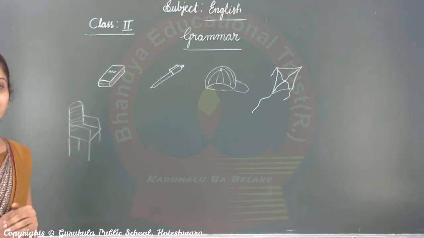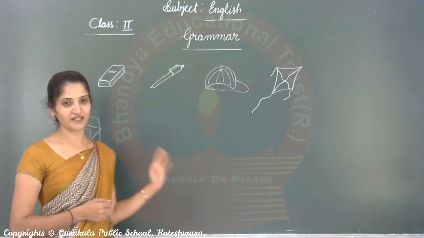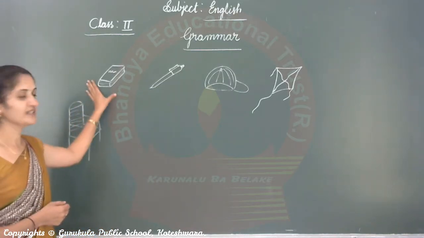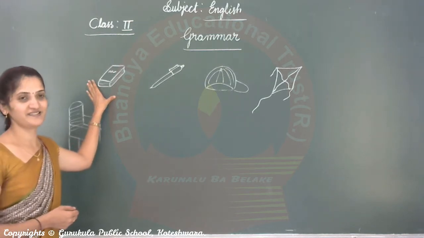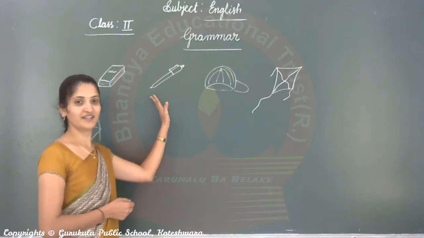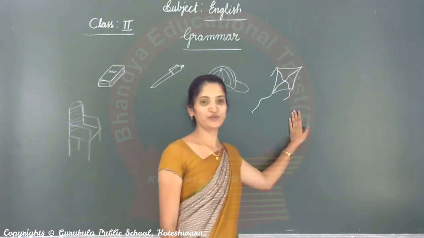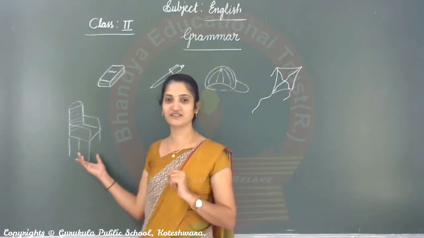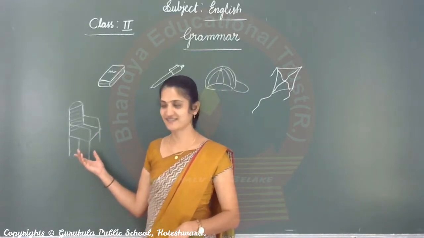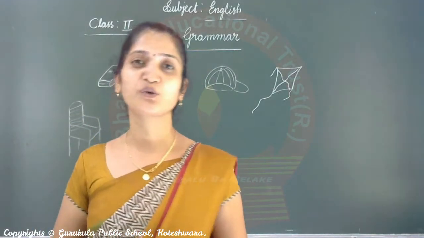Is it possible to identify which are those? Look at this picture carefully. Some pictures I wrote on the board, right? Is it possible to identify this? Yes, that is a book. Very good, that is a pen. Then, cat. This one you can identify very easily, right? Yes, this is a kite. Then this one, yes, chair, right? Why did I write all these?